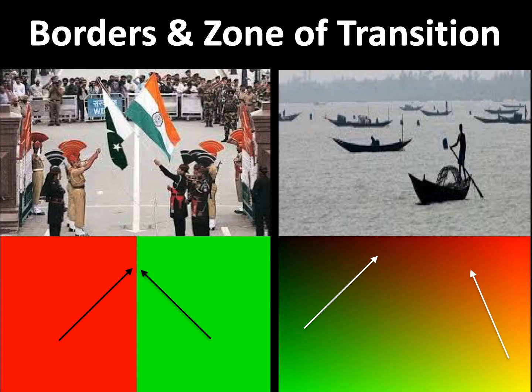So going to the next slide, what is the meaning of this? So this is very clear. The land border between two countries, India and Pakistan, this is the Atari border and Wagah border which India and Pakistan share on land, and it's very clear-cut defined where the border of India is. There is a white line between the two countries, and we can differentiate where the border of India is and where the border of Pakistan is.